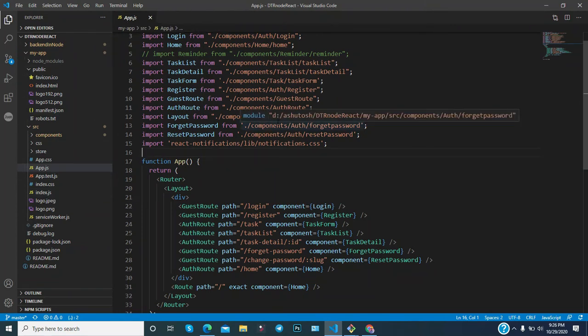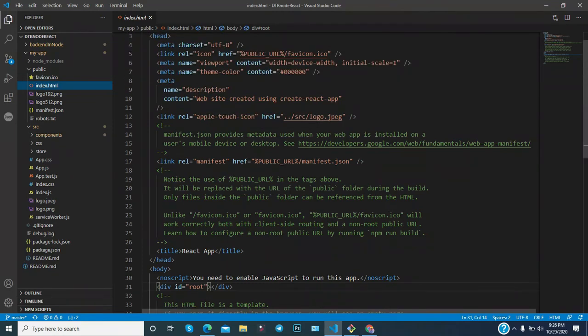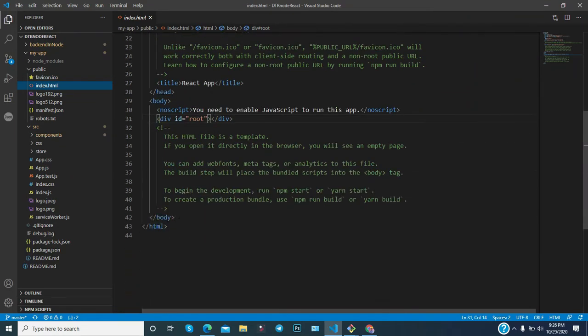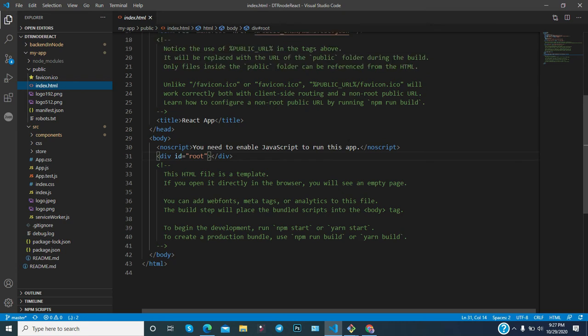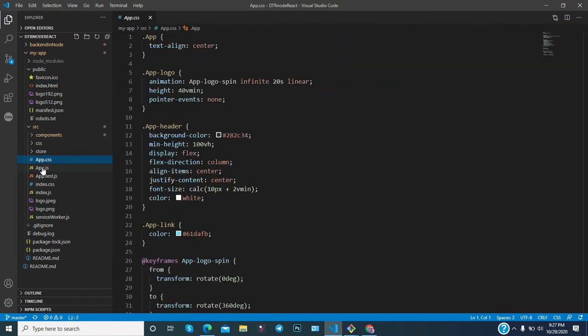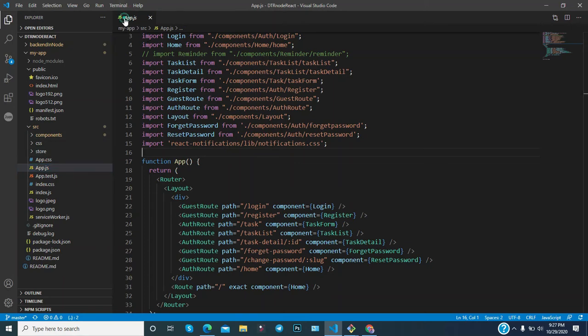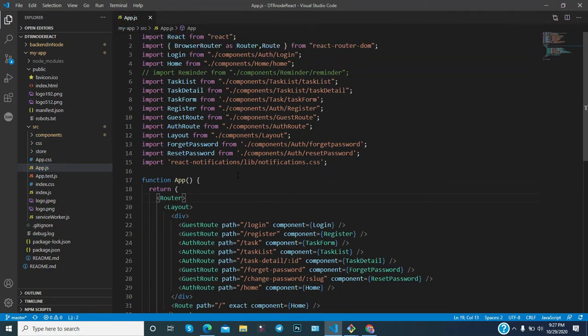This is also a good place where you can import any file that will be available for the whole application, and some of the JS or CSS you can also include in the index.html file, here in the link, in the head section or after the body. So this will be available for the whole application. Keep this in your mind. If you want, you can do these things. Now let's go to app.js, because this is a very important file and you have to understand it. So after index.js you got another component, which is app.js.